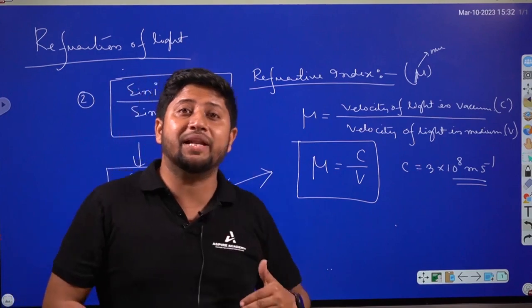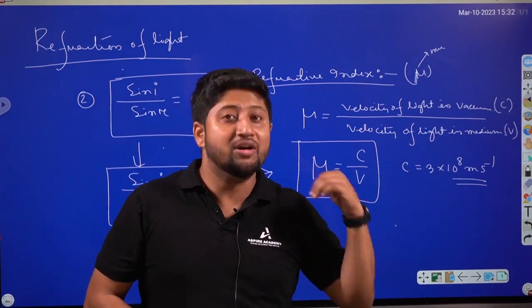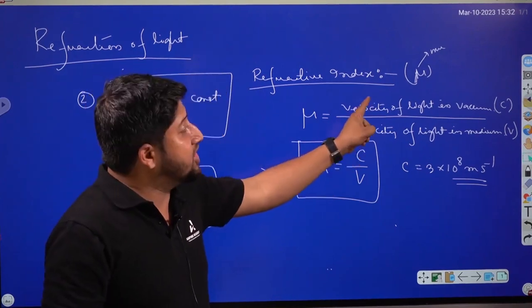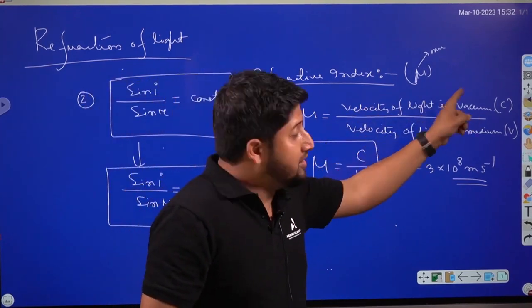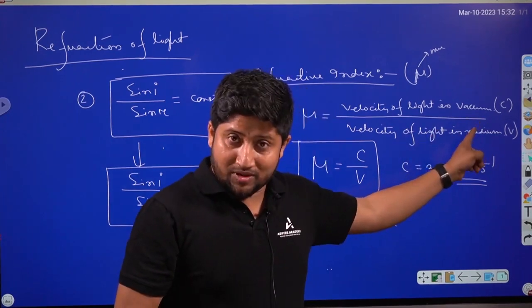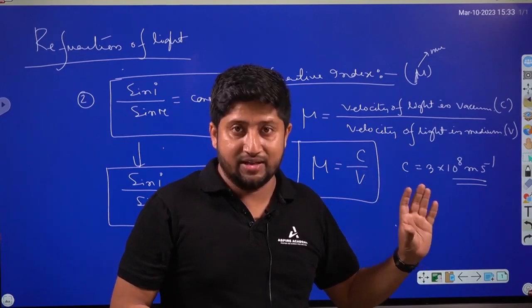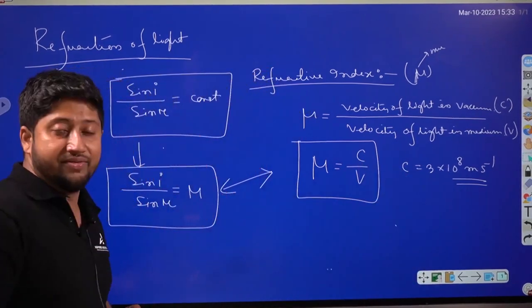Refractive index belegh medium to hobo. Jeneke light to air or water gol, tetia ami refractive index hobo laibo. But tetia ami ki korim? Velocity of light in air divided by velocity of light in water hobo. Karon ratio of velocity to is a refractive index. So etu kotha hoise, etu is a refractive index.